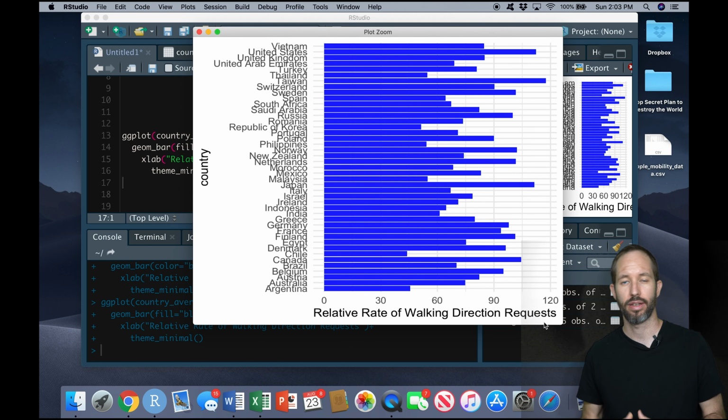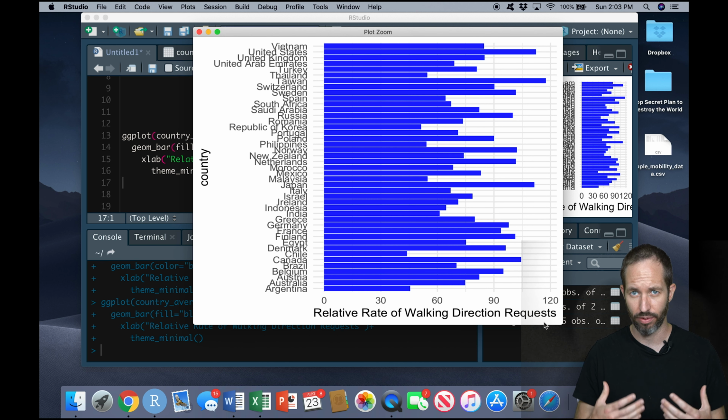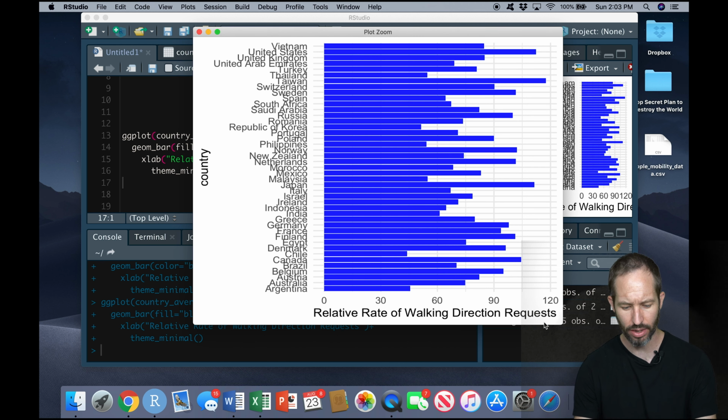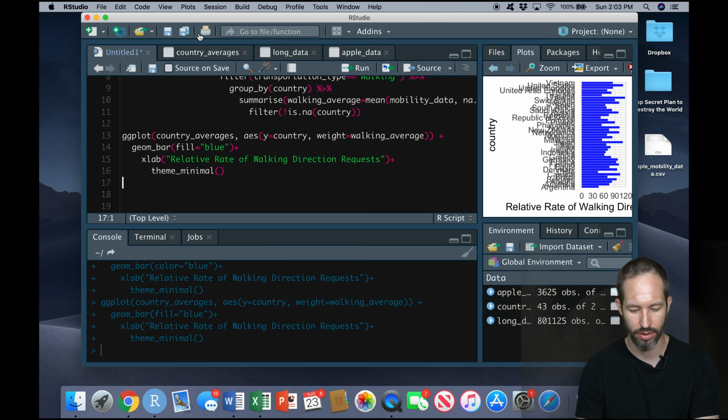We could create a factor variable in R, which is a type of variable which contains both labels and numerical values. And we could then determine the order of that factor variable according to the numerical values. The other way we can do it is to simply add another function within our ggplot called reorder. And we can say, take the y value here, and reorder it by the walking average. So I'm going to go ahead and do reorder. I'm going to wrap this country here,